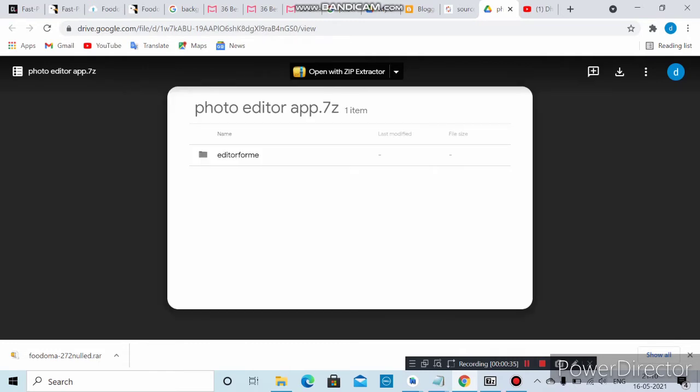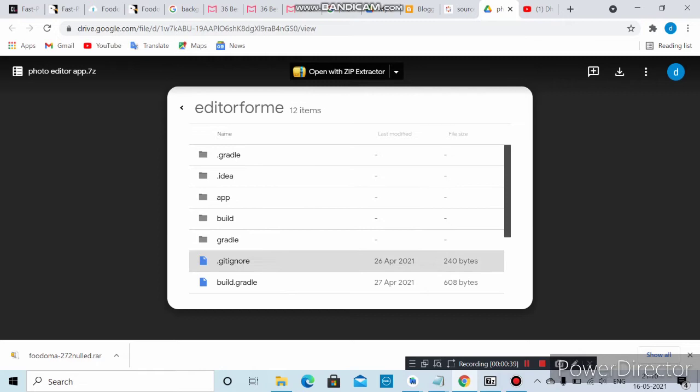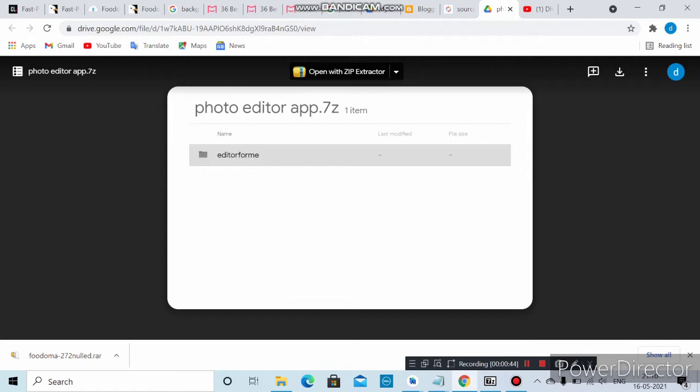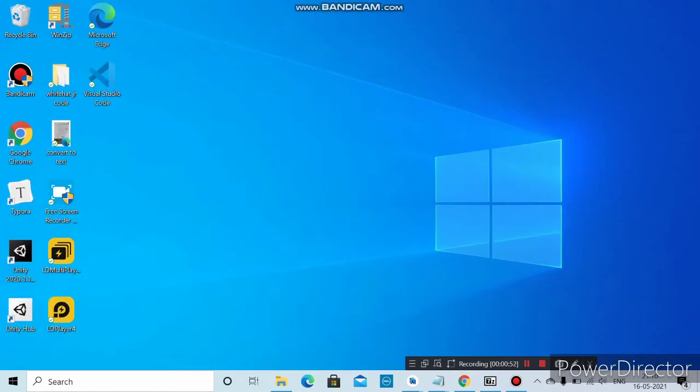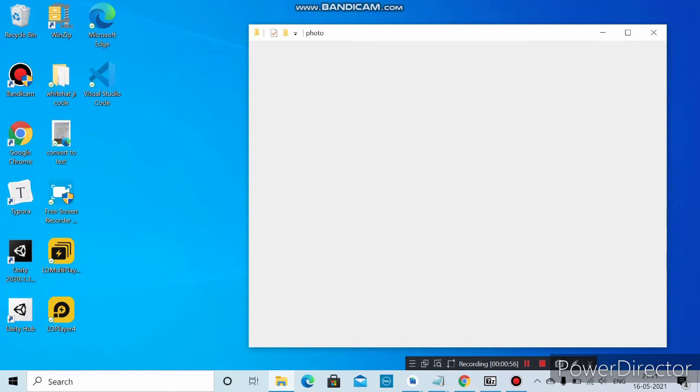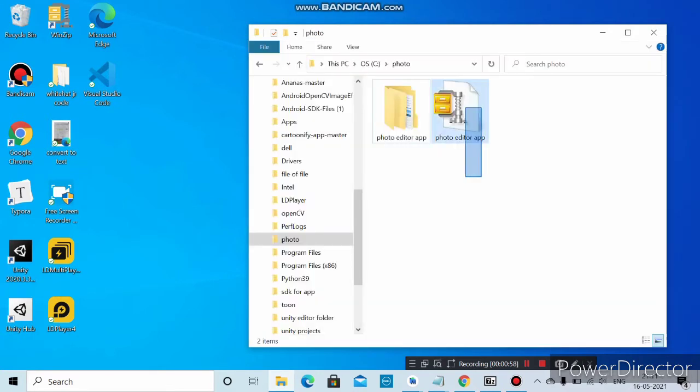As you can see, it will take you to the Google Drive, and this is the code that I provided, as you can see here. And you want to click on the download icon at the top right corner. You want to click on that. After that the downloading will start, and after downloading you will see a zipped file like this.